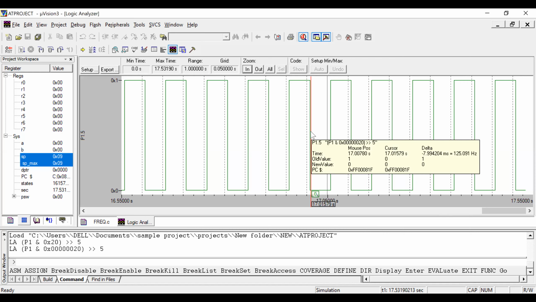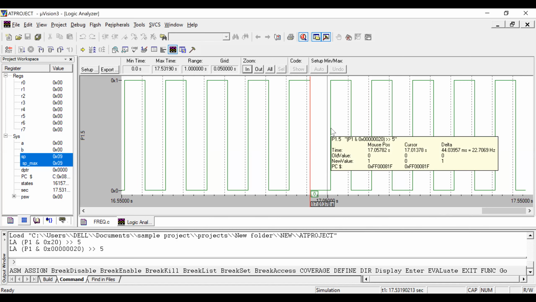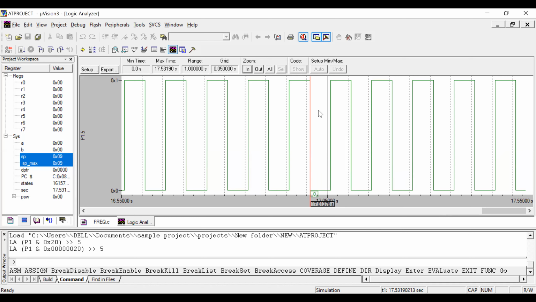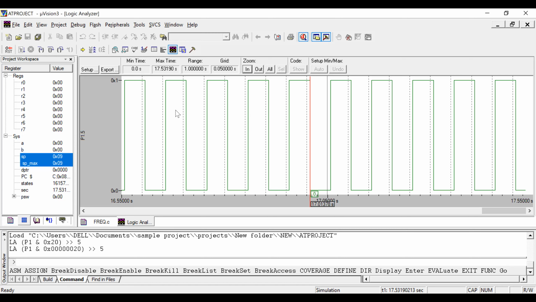Okay. More or less it is acceptable. Okay, so it is coming around 45. So now you understand that it is generating around 50 milliseconds. Not exactly 50, around is acceptable. Okay, the frequency will not always be the same in simulation. So it is coming around 45, 50, 55. Okay, acceptable. Correct.